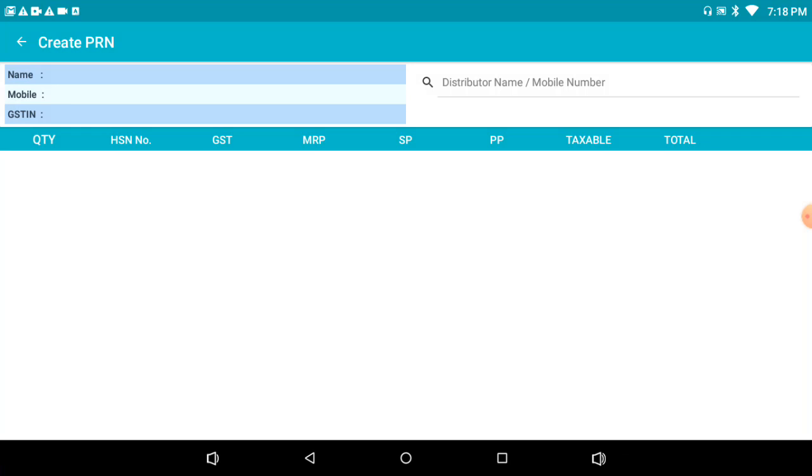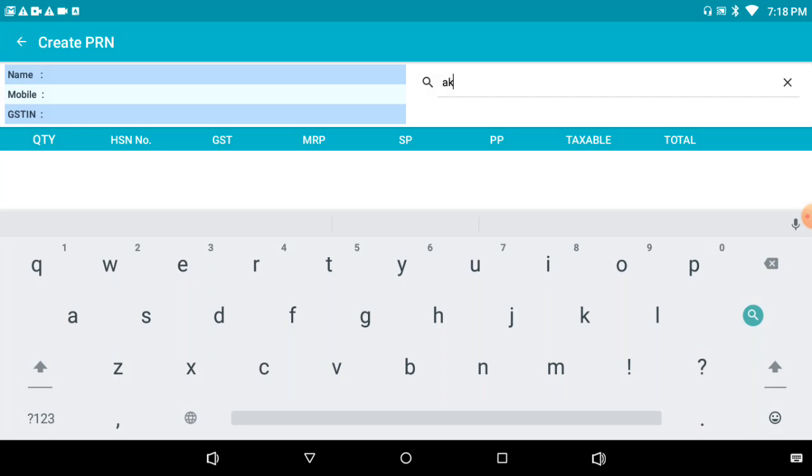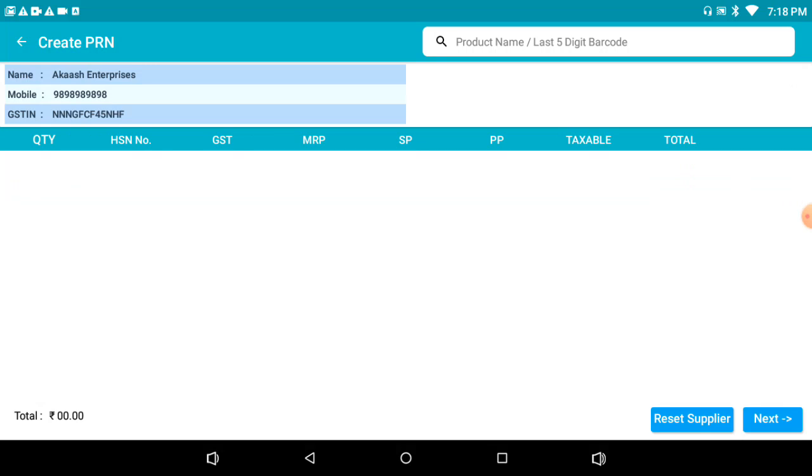This activity is not carried out very frequently, but once in a blue moon, when the items are about to expire or there are some issues or concerns with them, shopkeepers return those items to the distributor. Here as well we simply search for the distributor name. The distributor name comes up, and we scan the barcode of the product.